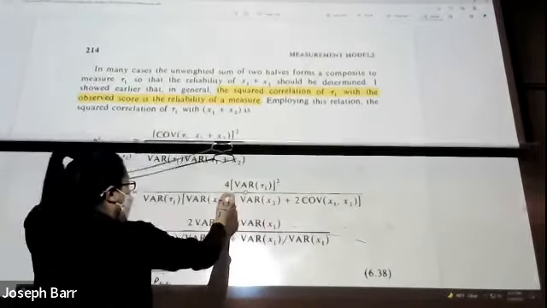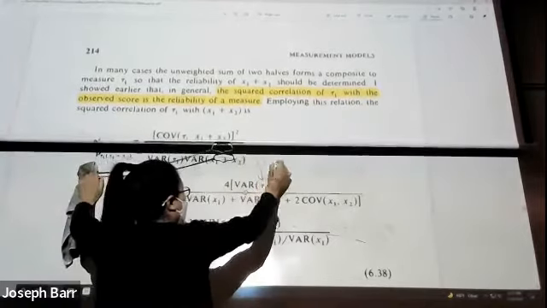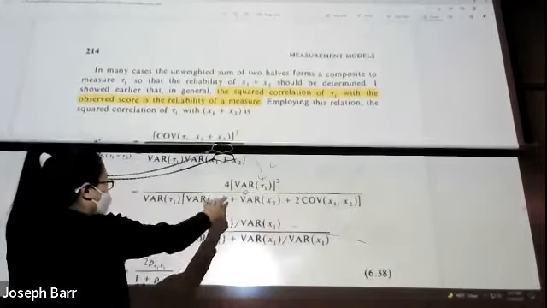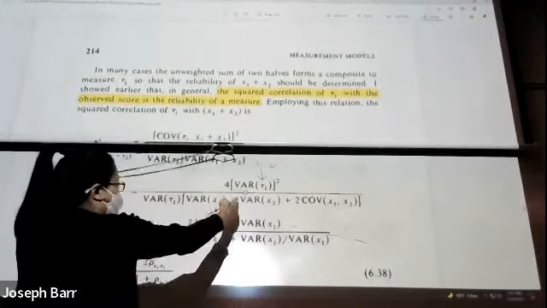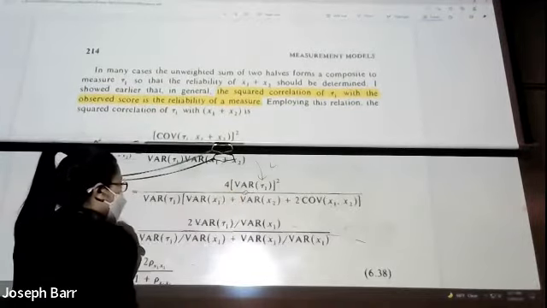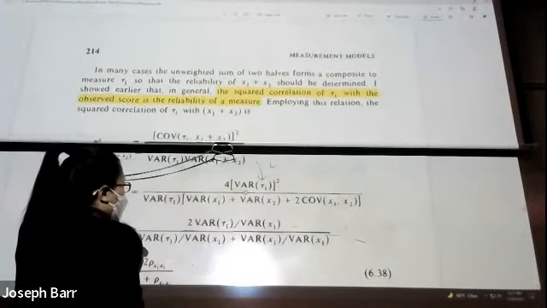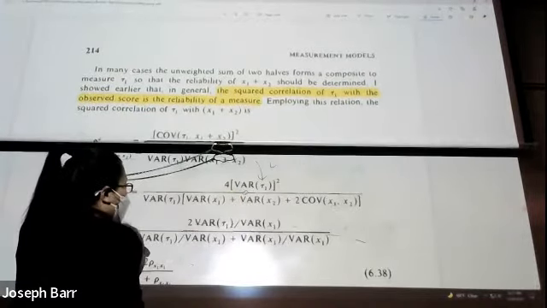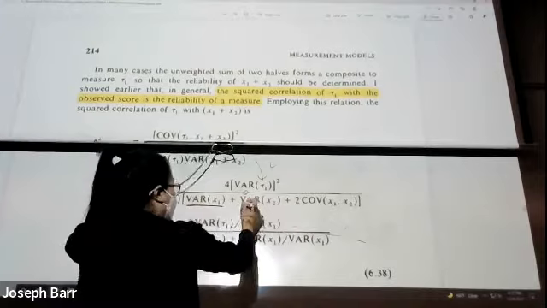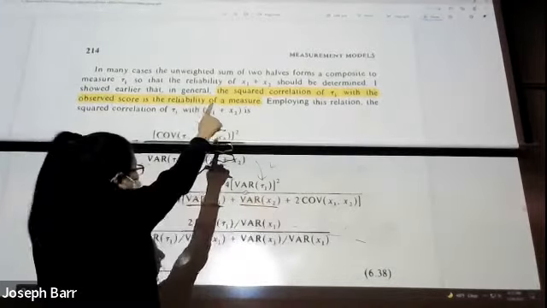From here to here, it's very natural, so we got this part. And from here to here, you can just combine these two forms. Here we have variance 1, and here we have variance 2. But if you do the